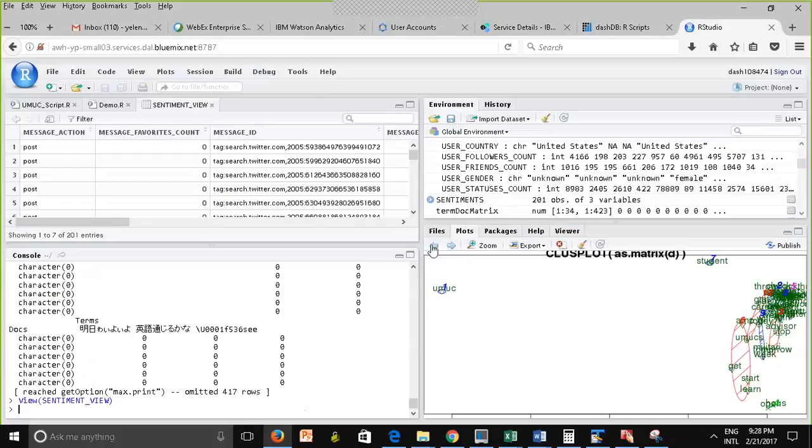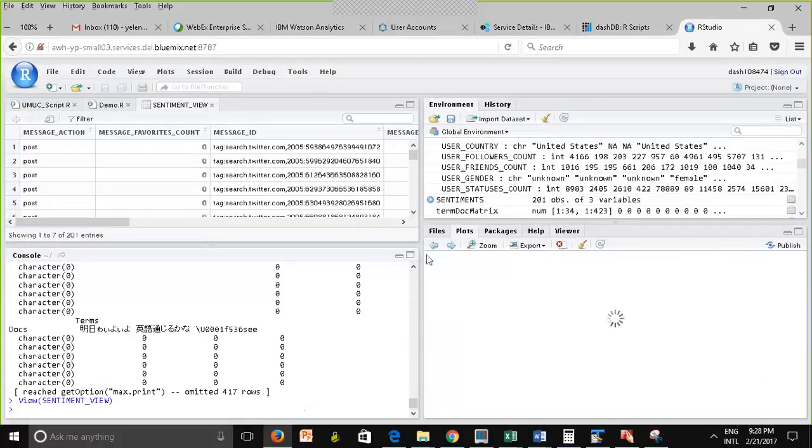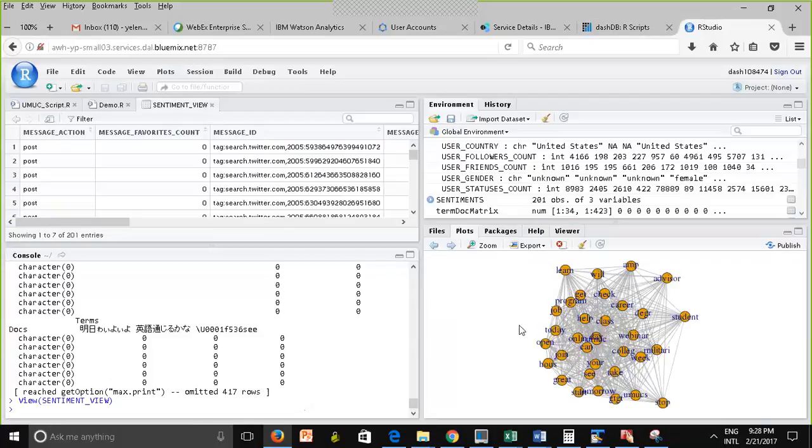So which is good. See, I was playing around with UMUC Twitter data, and on the title page of the assignment, you see the dendrogram screenshot, and to make it look nice, it's a matter of playing with the input parameters. If you're using the dendrogram here, something to keep in mind is that dendrograms don't really work well when you have a large number of terms. So you would need to really play with the input parameters.